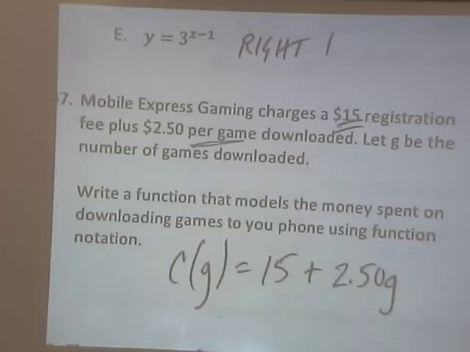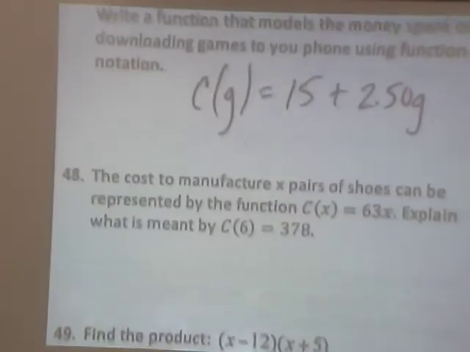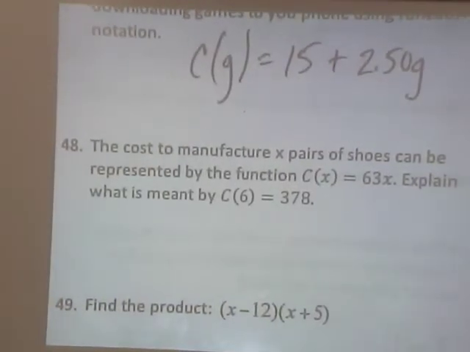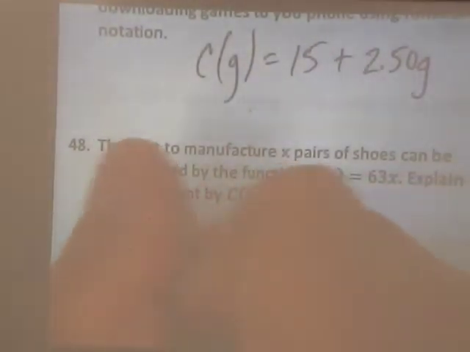Okay. Number 48. The cost to manufacture x pairs of shoes can be represented by the function C of x is equal to 63x. Explain what is meant by C of 6 equals $378. So, $378 is how much it costs for 6 shoes? Perfect. The cost to manufacture 6 shoes